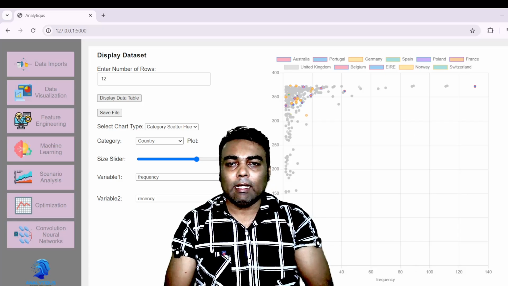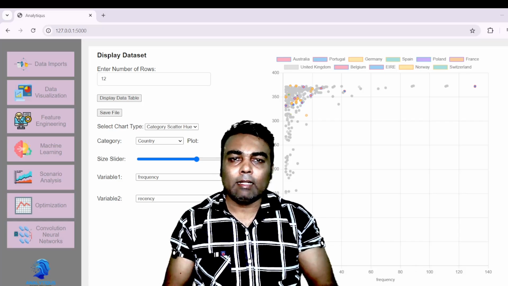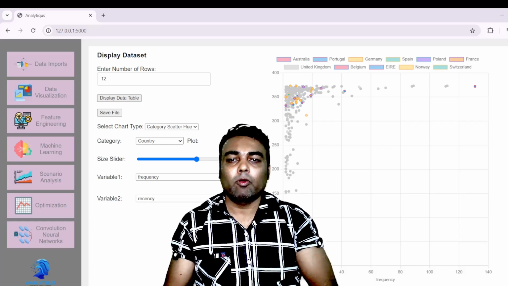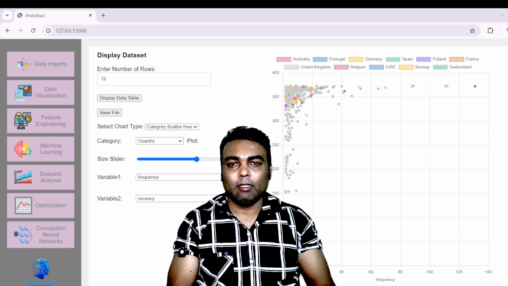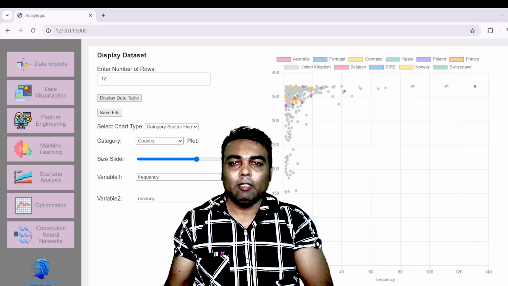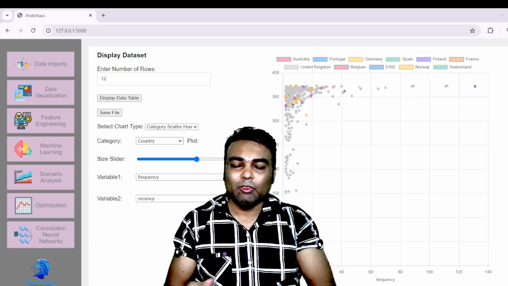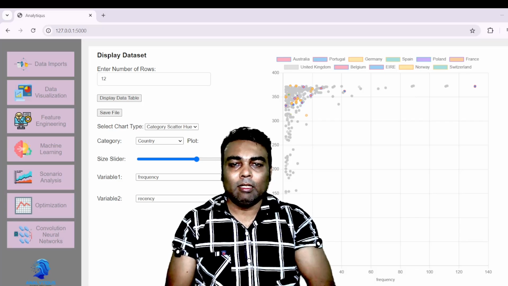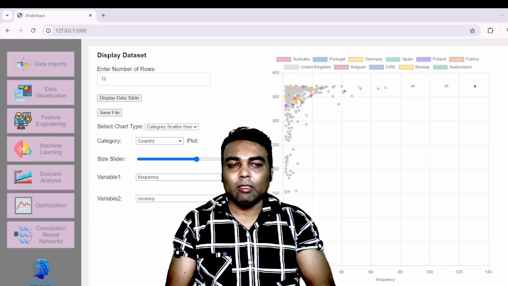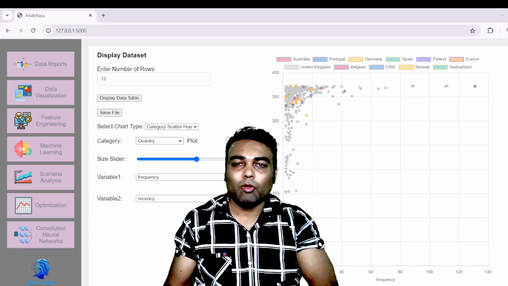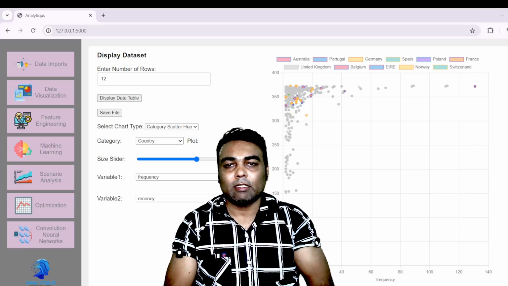And not only that, you can do exploratory data analysis properly here, because on Python, if you are writing code, then you have to invest a lot of time and energy on how to make your data set ready and how to write code for producing various charts.